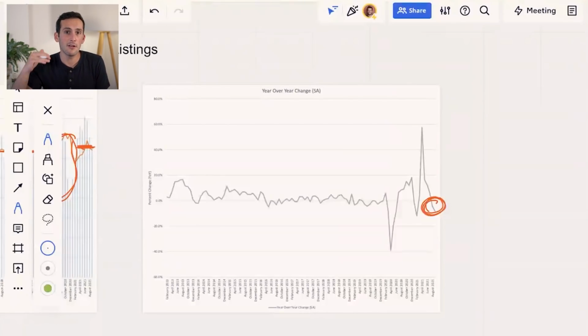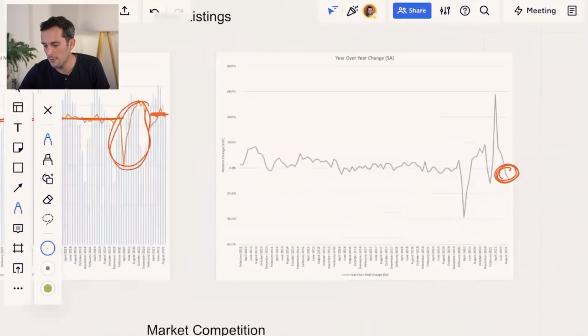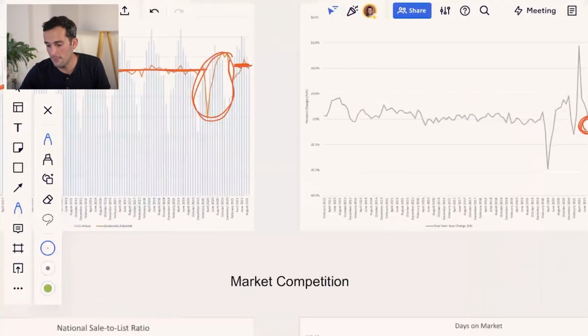So when you hear the idea that inventory is down, that's not necessarily true. We are seeing huge, very healthy numbers of home sales right now. And that is because more new listings are coming online. So that is a really important thing to note. And it will be important to see how that trends over time, because that's going to make a big difference